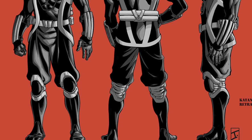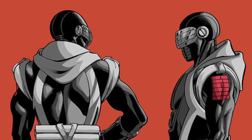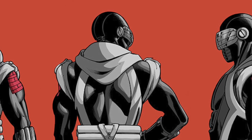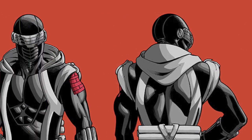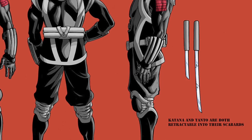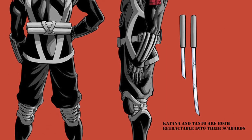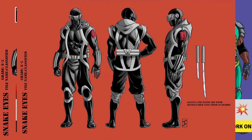very much embracing the baggy pants up to the knee pads and a cool hooded open jacket. The iconic visor is still there, and he has a fairly new style mouthpiece which actually looks like a smaller version of his visor. Igal also included 2 weapons for Snake Eyes to wield, a katana and tanto, both of which would have scabbards. He is grade E5 and as always his file name is classified. There's a lot to enjoy here and I would love to see this iteration used at some point in the